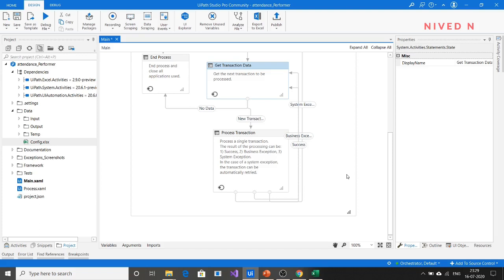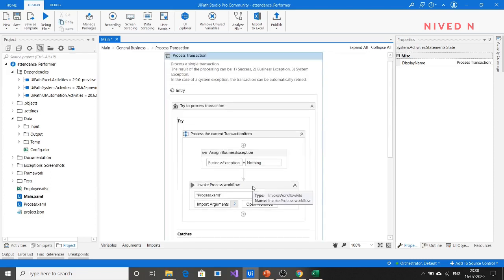From that, you have to calculate the number of absent days, number of present days, total number of working days, also total number of null value days, and using that you have to calculate the percentage, and from the percentage you have to analyze the feedback, and input the required data into this employee sheet. That is what we have to do, and this process is done in the process state.